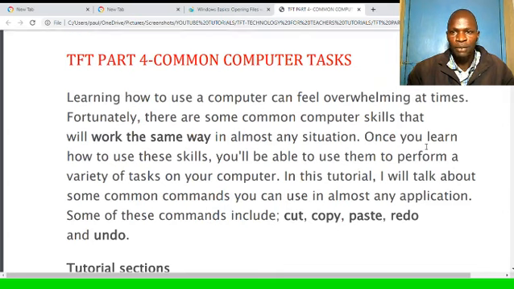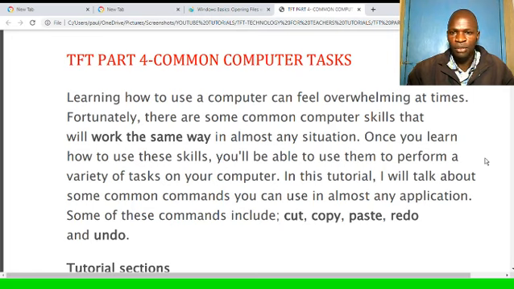Learning how to use a computer can feel overwhelming at times. Fortunately, there are some common computer skills that will work the same way in almost any situation. Once you learn how to use these skills, you'll be able to use them to perform a variety of tasks on your computer. So in this tutorial, I will talk about some common commands you can use in almost any application, such as Microsoft Word processor.